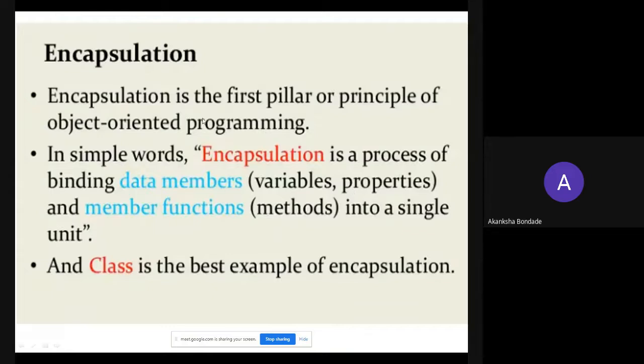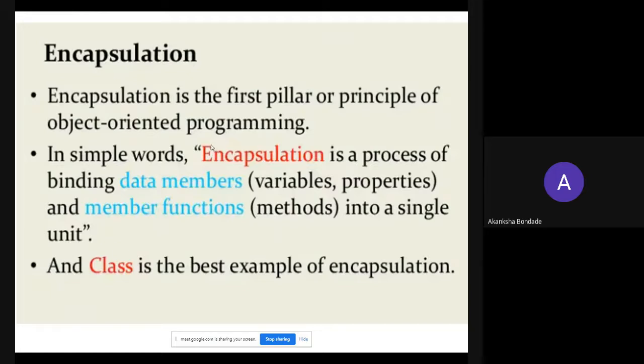Now, encapsulation is the first pillar of the principles of object oriented programming. In C programming, data is global as well as local, and every function has access to the global data.